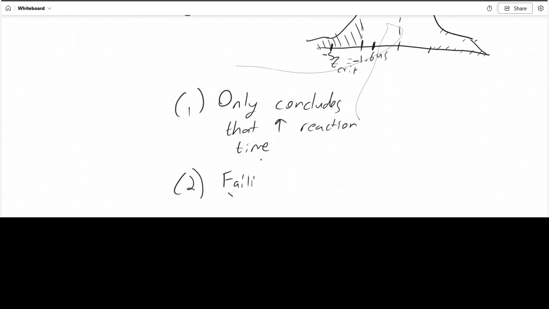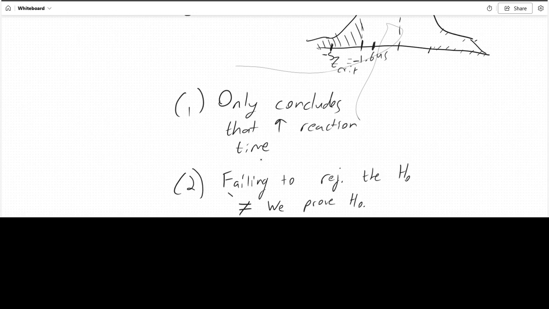But what I also really want to emphasize is that failing to reject the null hypothesis is not the same as saying we accept it. Or rather, it's not the same as saying we have confirmed it. We haven't proven it. Okay, we have just failed to reject it, it being our default,